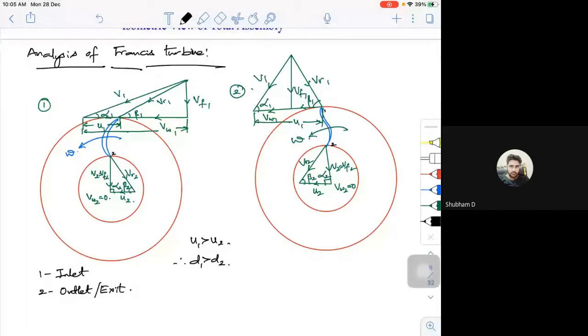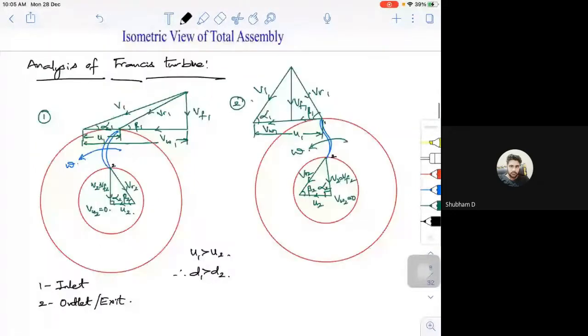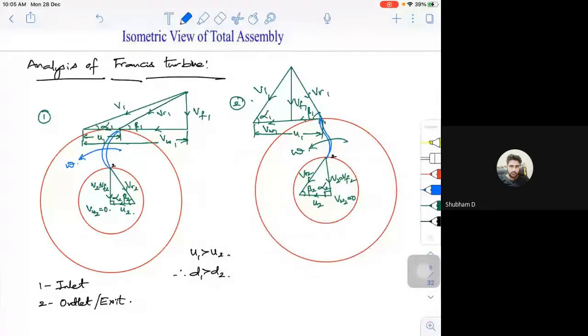Sir, in the second case, VR1 is not tangential to the blade. It is tangential. It should always be tangential to the blade. It all depends on how much twist you are giving. This particular blade should always be tangent. I might have written it like that because the blades are twisted. When I give the twist, your fluid VR1 should always be tangent to the blade.